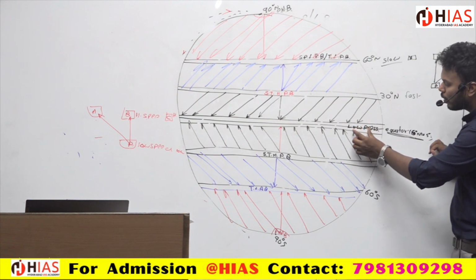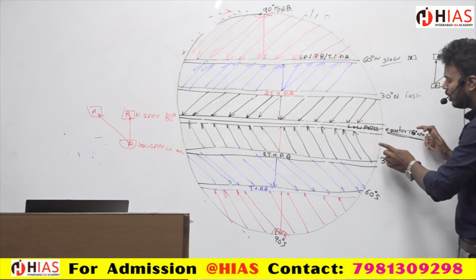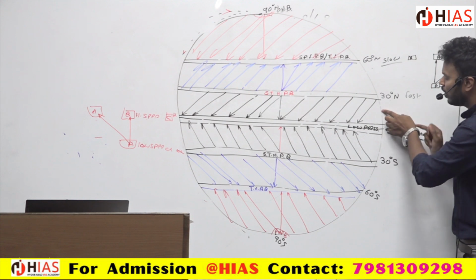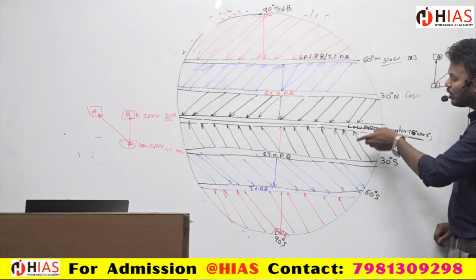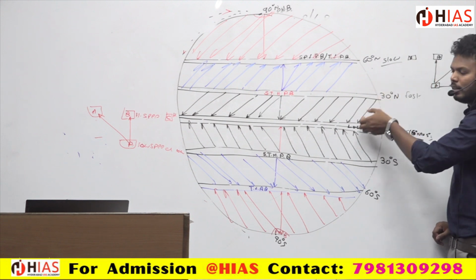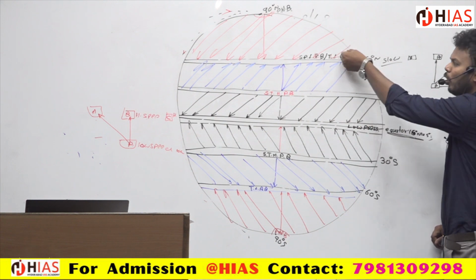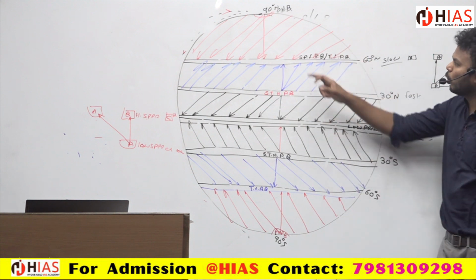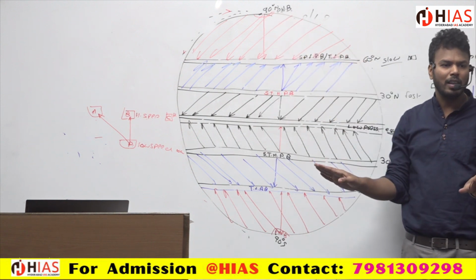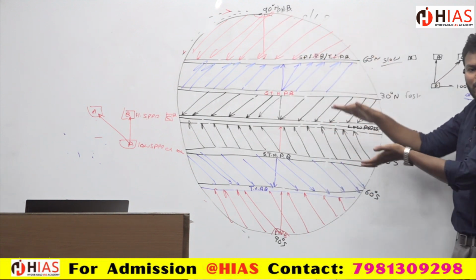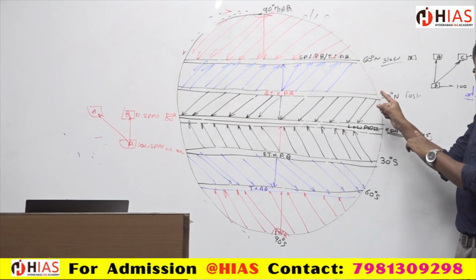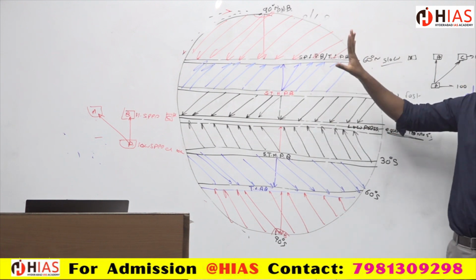If the temperature is more at this point, then this equatorial low pressure belt will shift to this one. If the temperature is highest at this point, then the low pressure belt will be here, the high pressure belt will be here, again the low pressure belt will be here. So these 2 points will be fixed, the north pole will be fixed. But between them, these are going to change. Keep it in mind. In the next class I will draw the 4 diagrams.